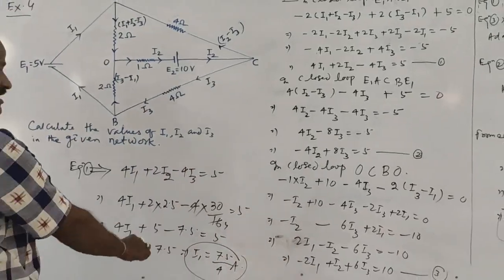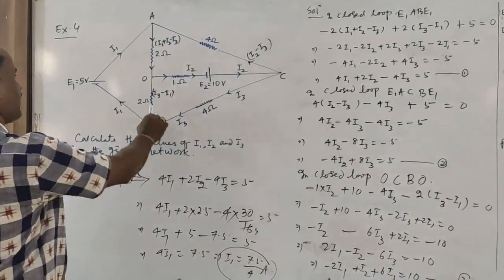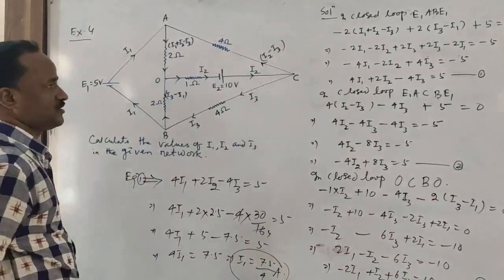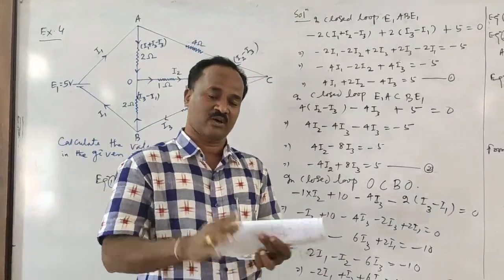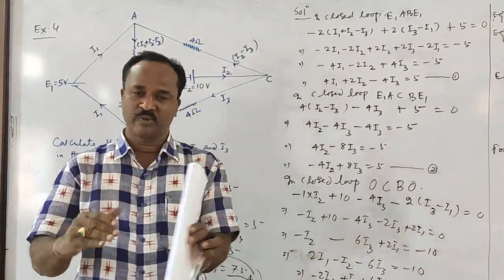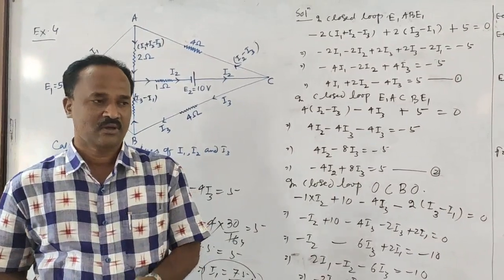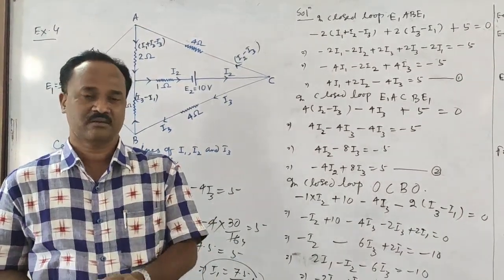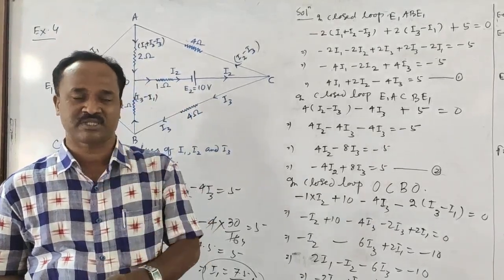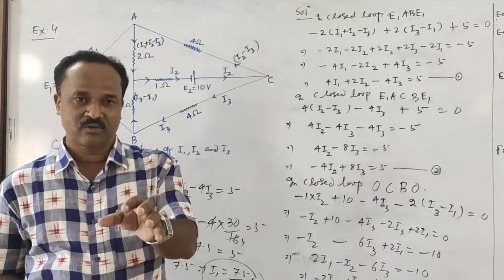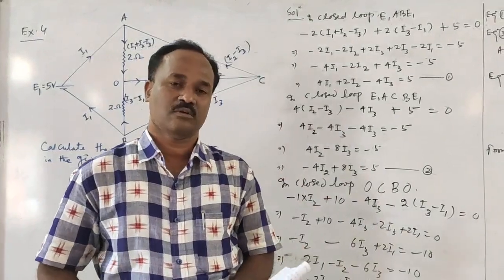So these are the values of I1, I2, I3 obtained by considering different loops using the KVL rule. In this way, you can also solve different problems based on KCL and KVL, or Kirchhoff's laws. Refer to various texts for more clarification, go through this video clearly, use proper sign convention, and solve network diagrams using Kirchhoff's rules.